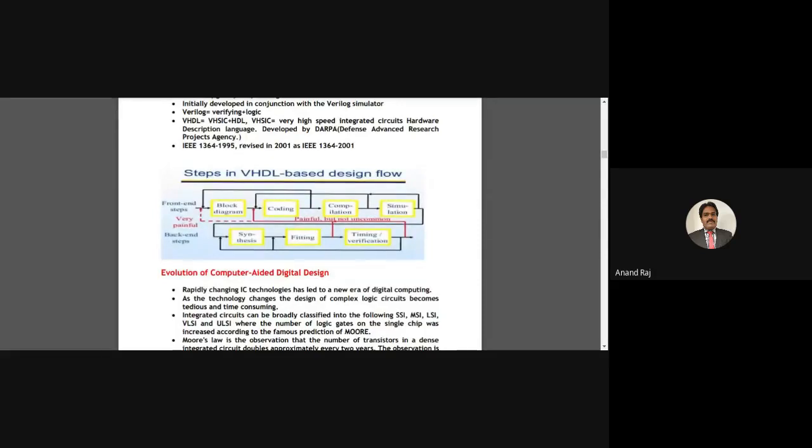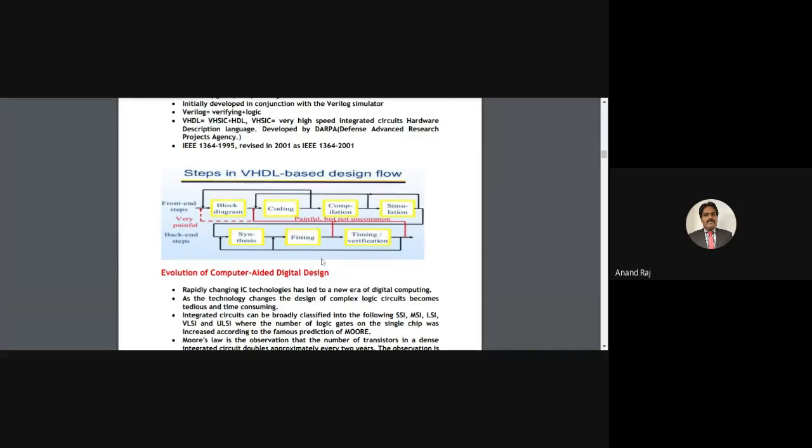For example, you have your mobile phones. If a mobile phone is very big, just like a geometry box, would you like to carry it? No, definitely it should be compact in size. So this compactness is achieved only if the components are fitted well. That's why the fitting process is very important.